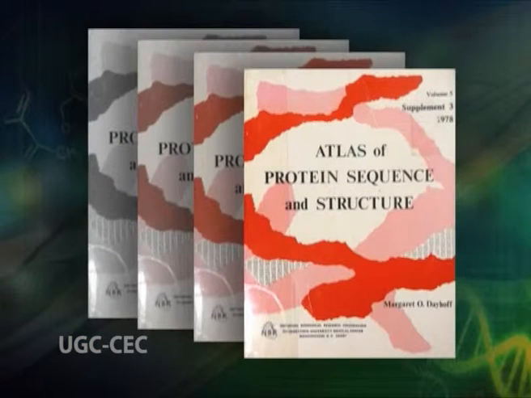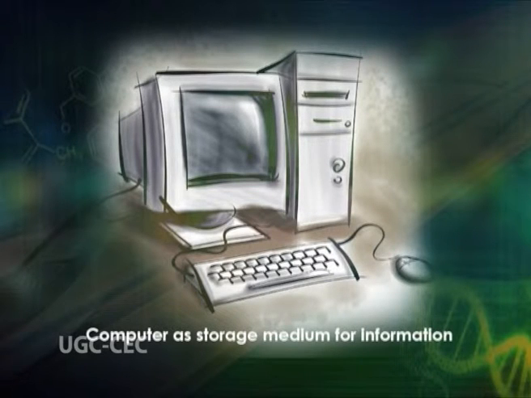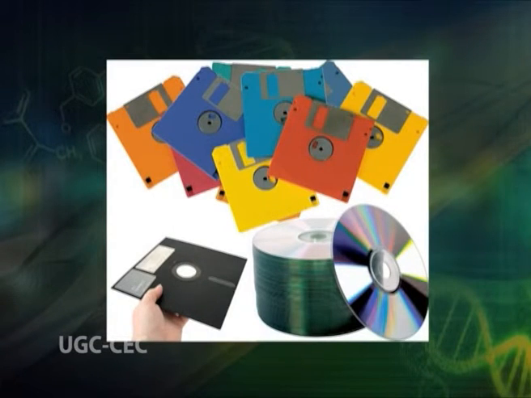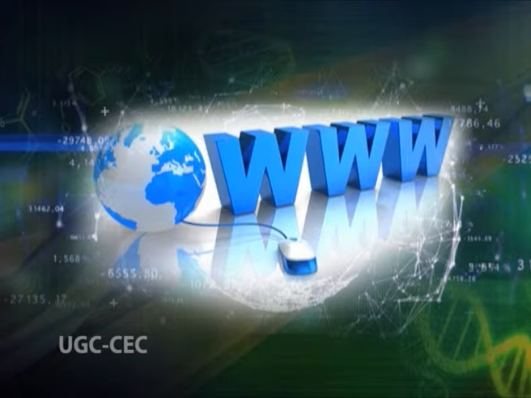One of the first biological sequence databases is the book Atlas of Protein Sequences and Structures by Margaret Dayhoff and colleagues, first published in 1965. It contained all the identified protein sequences by that time. After 1970, the computer became the storage medium for information. At first, the databases were distributed on tapes and then it extended to different types of disk. After the 1990s, when universities and academic institutes were connected to the internet, the World Wide Web became the standard method of communication and access for nearly all biological databases.